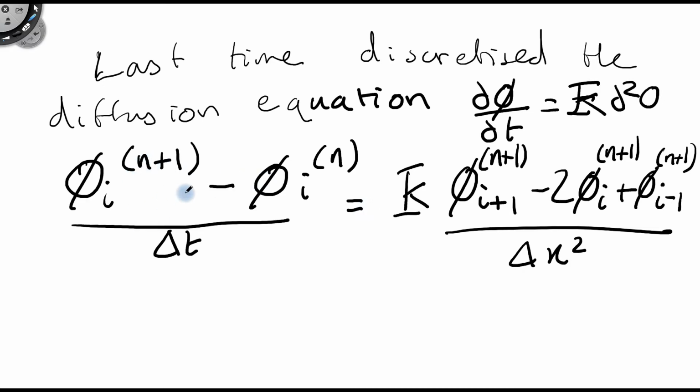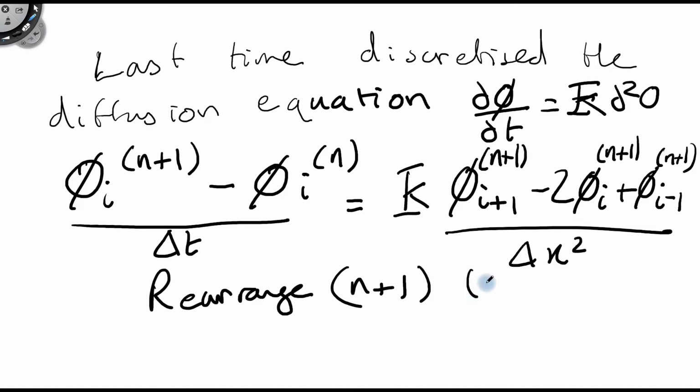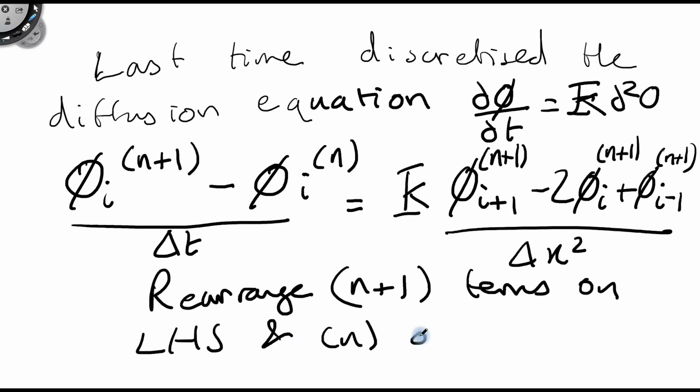Come back to me in the live sessions if you want me to go over any of these aspects again. So we're going to rearrange, m plus 1 terms on the left hand side,